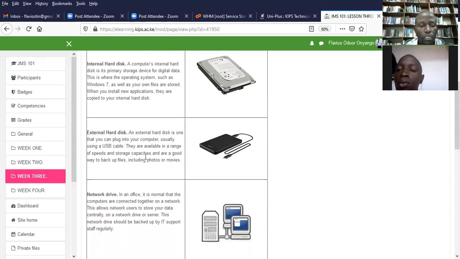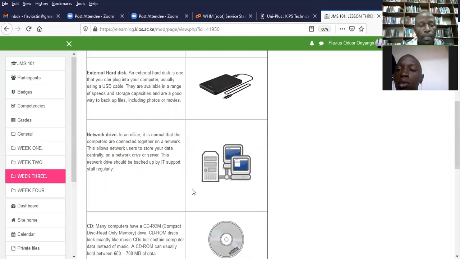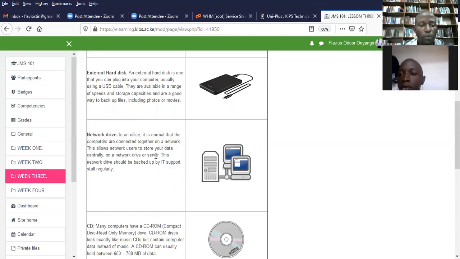The other storage device, or other group of storage devices that we have, is what we call the network drive. Where I am seated right now, we have got a network that has been set up. So in most cases, when you don't have external storage devices, whatever data you process in your computer, all that information, you can always have it backed up elsewhere. So we have one central machine that everybody is able to connect to, and then we save data on it. This central machine, the name that we normally use for it is a server. There's a term that I've used there: server.